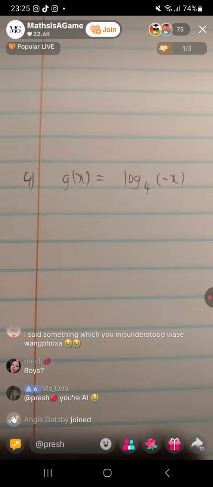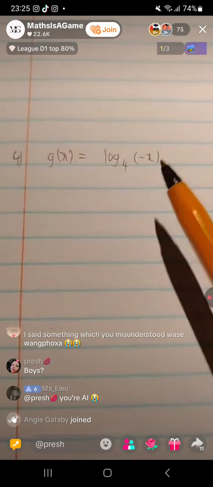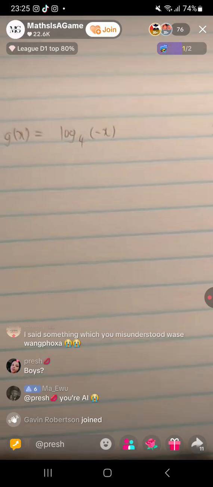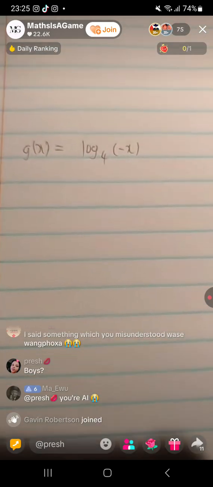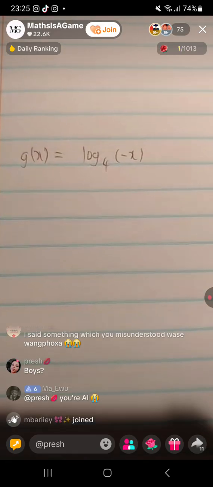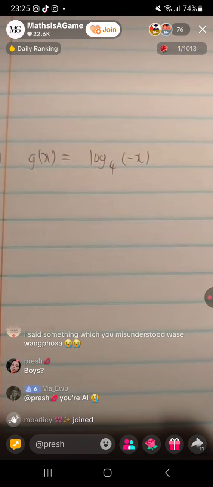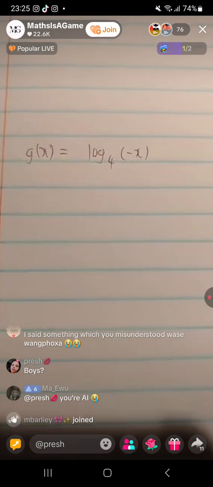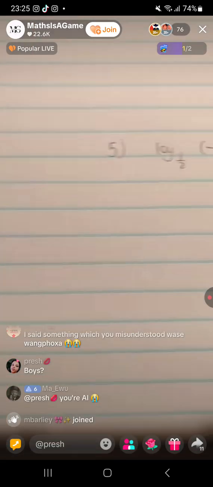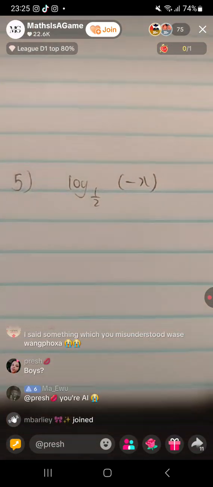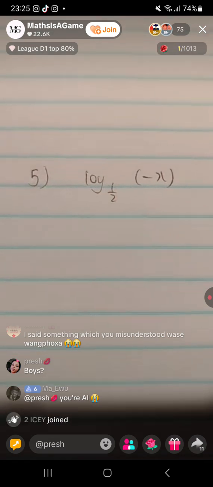Okay. G of x is equal to log. Yeah, guys, the answer there. Indeed. Right? I mean, even if we do it just mentally without having to do the whole calculator thing, it's the inverse of g of x, which is equal to negative 4 to the power x. Very evident if we do the whole swapping. Alright, then I think this one can be the last one, guys. The grand finale. Who's taking the grand finale?